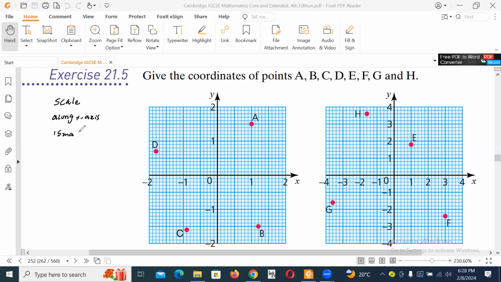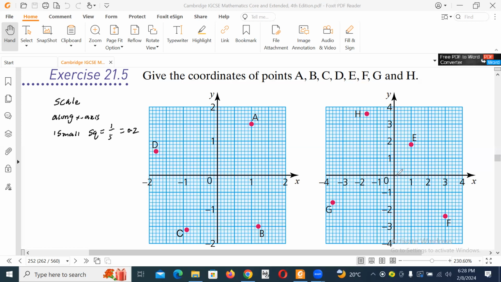One small square equals 0 to 1, 5 boxes. So it means 1 divided by 5, that gives us 0.2, meaning each small box equals 0.2 along the x-axis, and